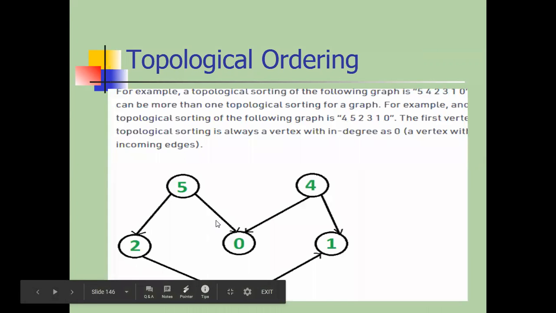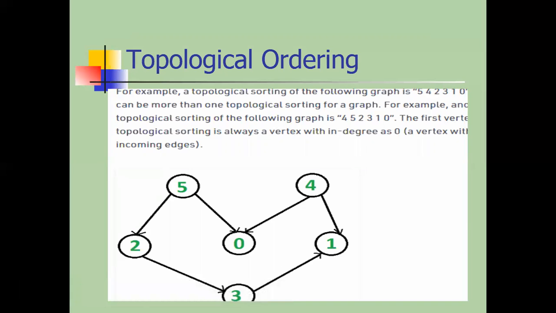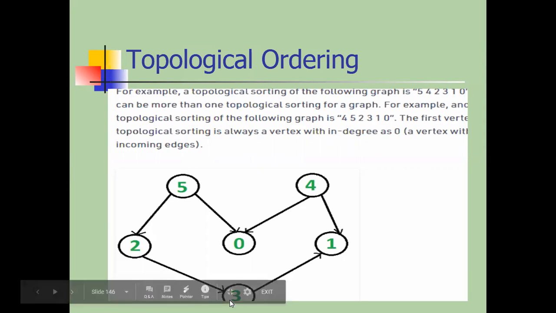We'll see an example of it so that it becomes clear. Just concentrate on the given example, topological sorting on that graph. How many nodes? There are 6 nodes, 0 to 5. There can be more than one topological sorting for the graph. For example, a topological sorting for the given example is 4 5 3 2 1 0, meaning the direction is given.